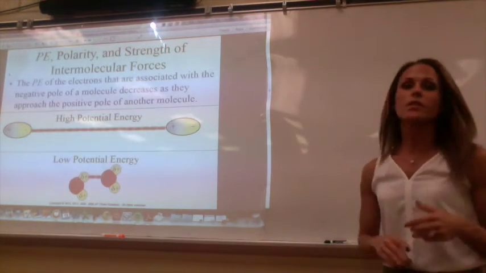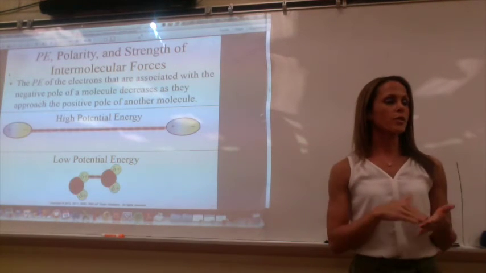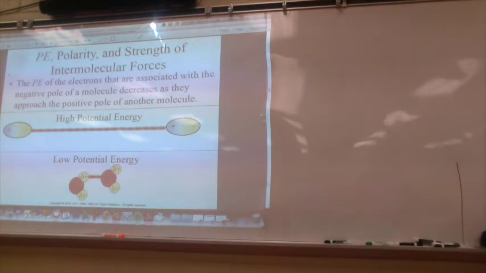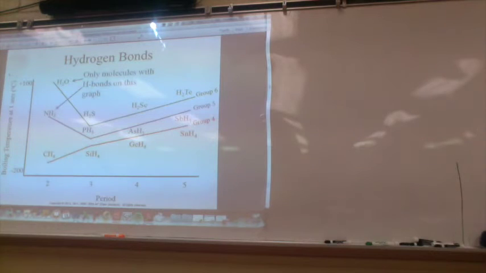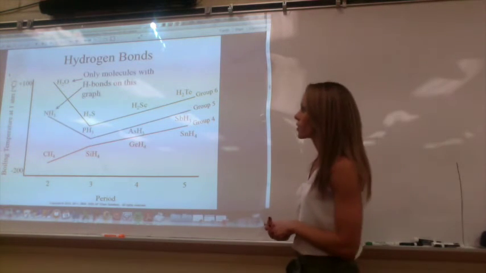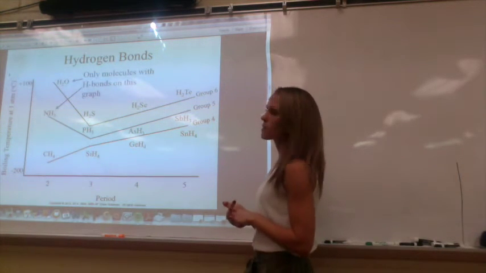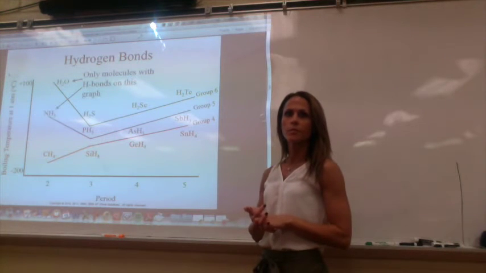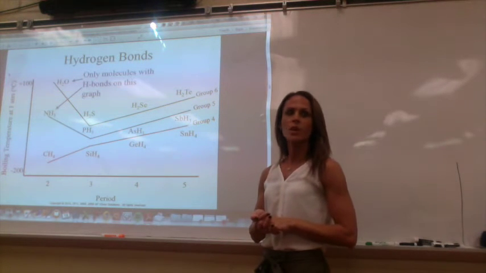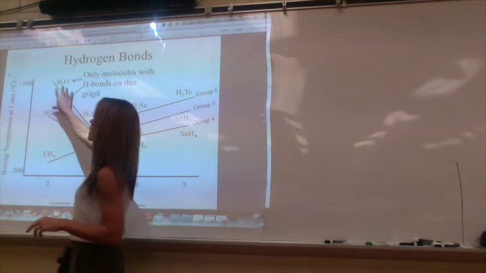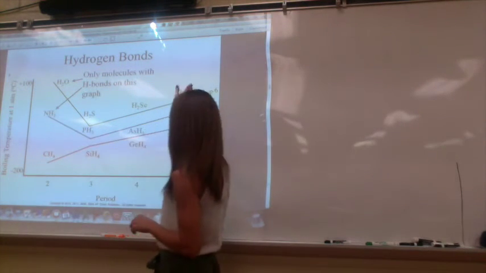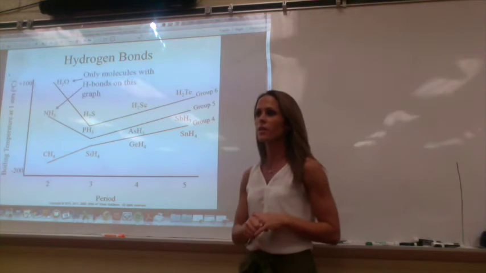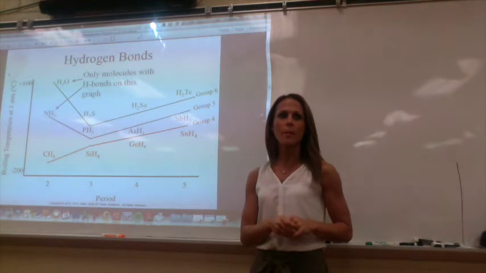All right, so we left off yesterday with that graph where we talked about which compounds here, which molecules had the greatest boiling points. So what was the main reason? Well, these two had the most because they had hydrogen bonds, but why did we see an increasing trend as we go across a period? So what happens as you're going across?